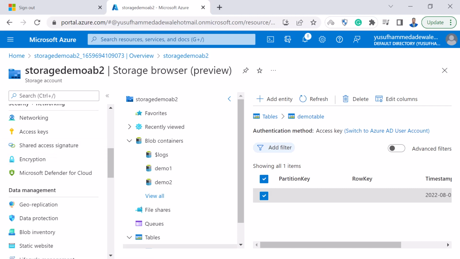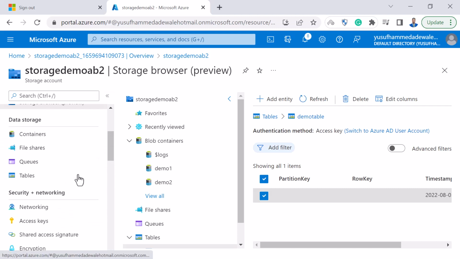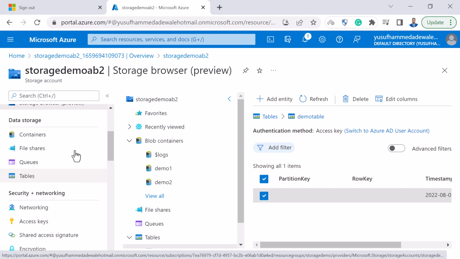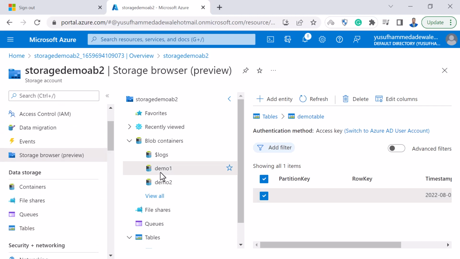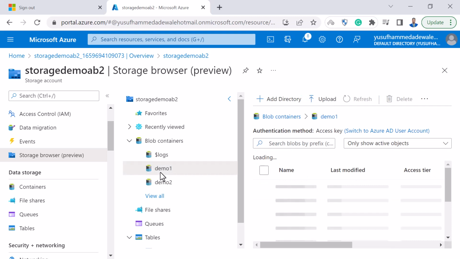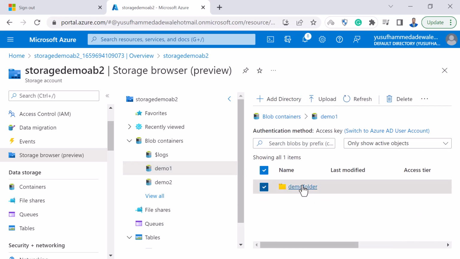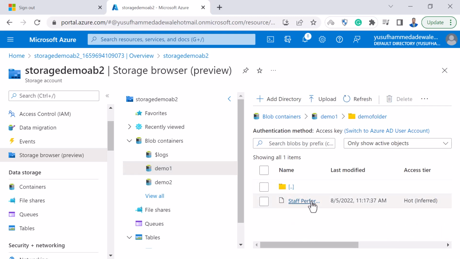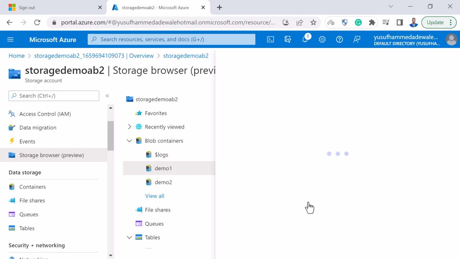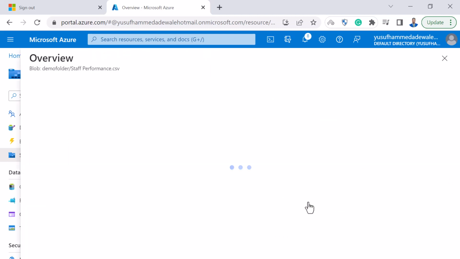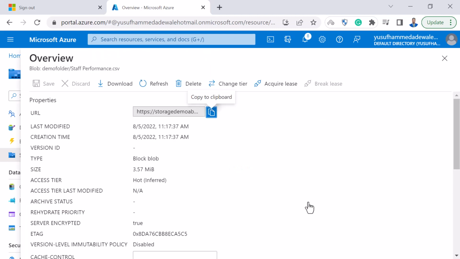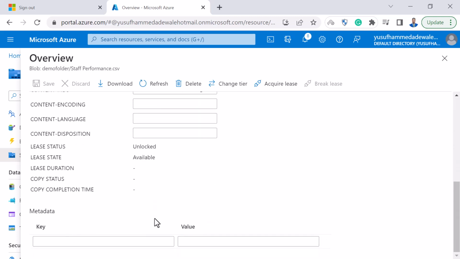But another thing I would also like to show is how you can integrate this into your Power BI. Since I have a blob, I have a container here on my demo 1, and inside this container I have a folder, and this folder now has a file called staff performance. Let me even click on the file so you see how the CSV file is going to show here. So you can see this CSV file from here. I can actually